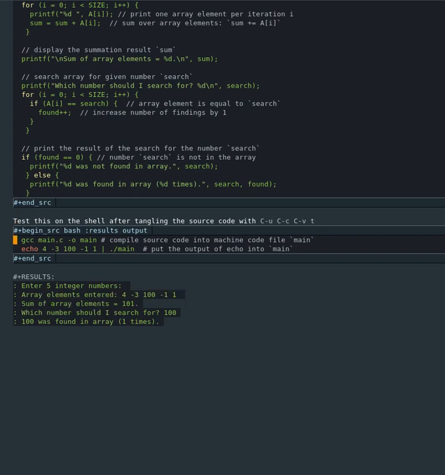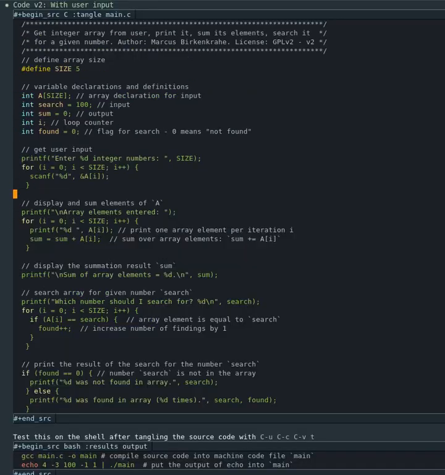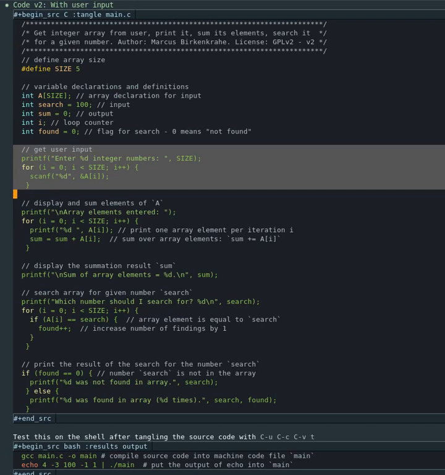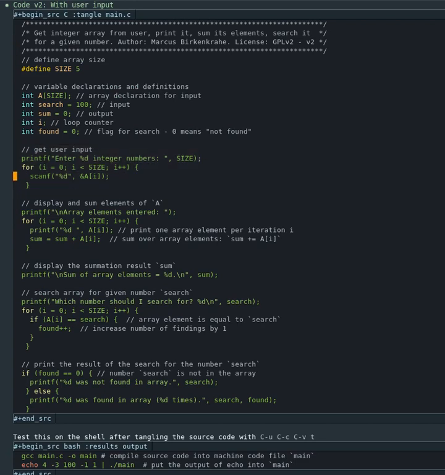Yeah. So I'm going to go through those steps very quickly again. I had the source code. I added an input section. Now if I want to run that, I need to go on the shell. I need something like this. I have an alternative, but whatever I do, I need to tangle this into a main file. I'm just going to show you the alternative because I mentioned it in the program assignment,